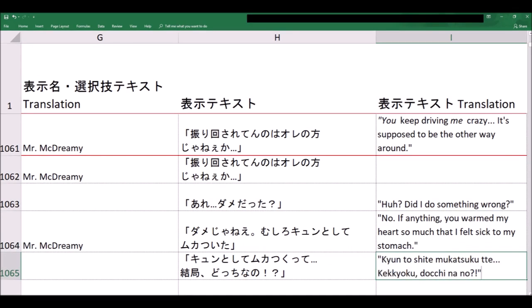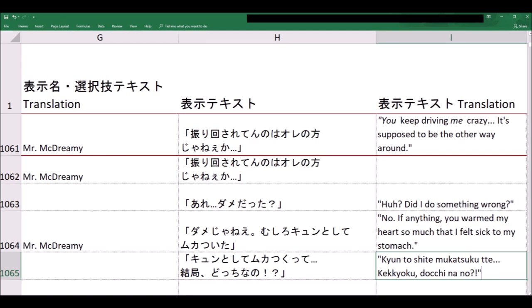Kyun to shite mukatsukute, kekkyoku docchi nano? So, when you see an isolated te right after a small tsu, basically everything before that is in quotation marks. In this case, kyun to shite mukatsuku. So she's basically repeating his last line, but she changed mukatsuita, past tense, to mukatsuku, present tense, because she's addressing what he said as a concept. He was saying it as, this thing happened to me, and she's saying, the concept of that thing,